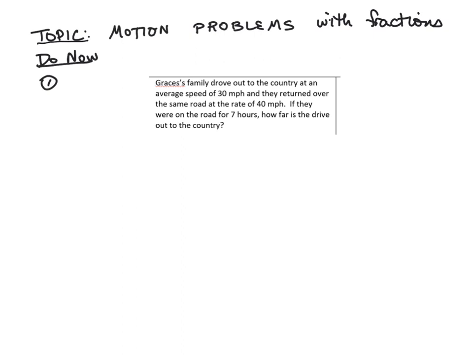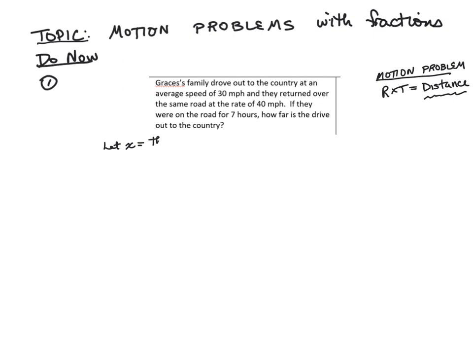Well, the way we used to do it is we remembered that in any motion problem, the important formula to remember is that rate times time equals distance. And we used to always set up an equation in terms of the distance, and the key was either the rate or the time. So if we go back and review this, we would let x equal